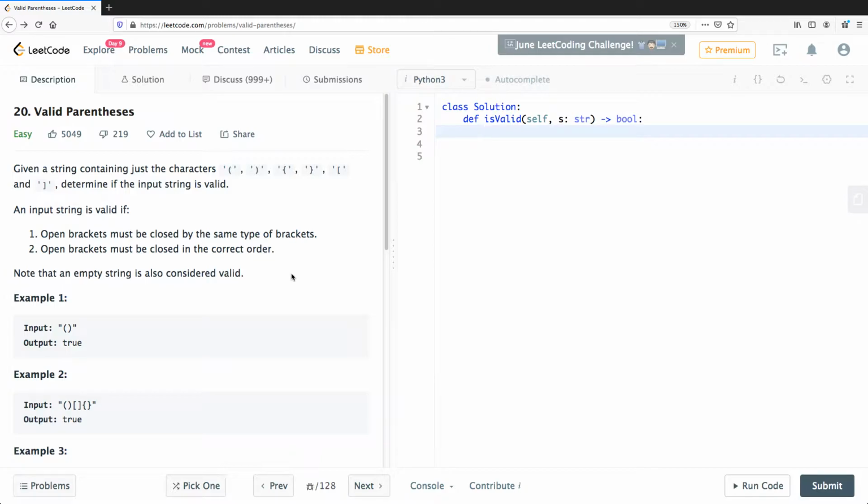Let's try Valid Parentheses, LeetCode 20. It has been characterized as easy, and I guess let's hope it really lives up to its expectations. So, the problem description is: given a string containing just the characters left bracket, right bracket, left parenthesis, right parenthesis, square brackets, braces,